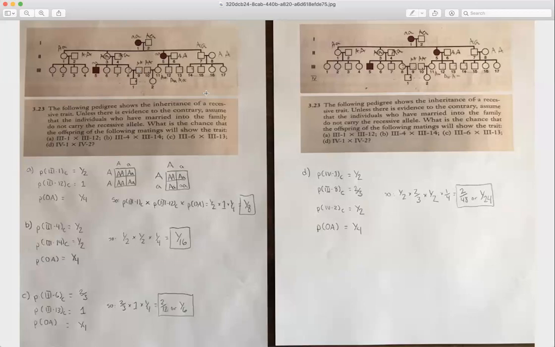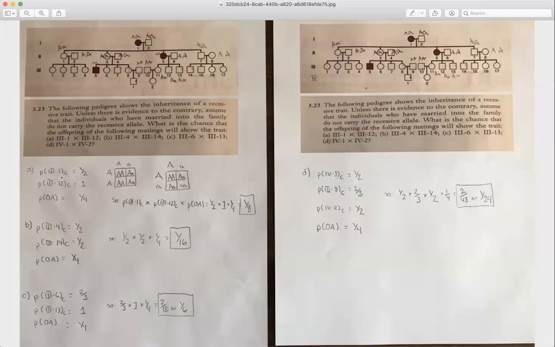So we're looking at A: what is the probability that individual 3,1 and 3,12 will get together, have an offspring, and that offspring will be affected with this recessive condition? Just like with all of our other problems, we have to break down what might seem a complex problem into a bunch of smaller, simpler problems. We first assume, as we mentioned before, that for a child to have the condition, both parents have to be carriers. So we're going to calculate the probability that each of the parents is a carrier, and then at the end say, assuming each parent is a carrier, what is the probability that they have an offspring that has the condition?